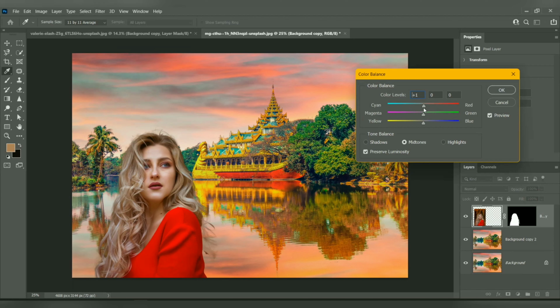Please do this work smartly and take whatever time it needs. See how I am adjusting the midtones of this image. There is a trick. Look at the background. If it is warm, then adjust the three factors of color balance, that is shadows, midtones and highlights, towards magenta, red and yellow. Or choose smartly whatever tone suits the background. See, I am adjusting all three factors so that it matches with the background.